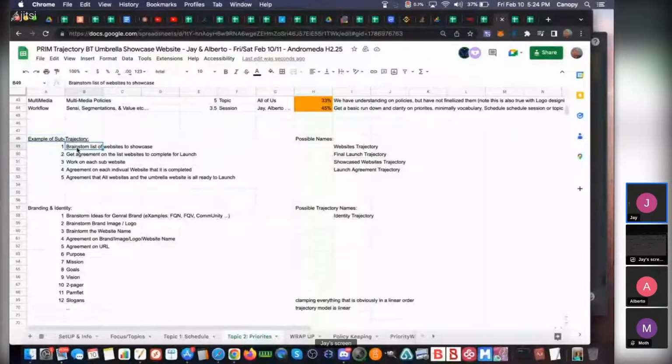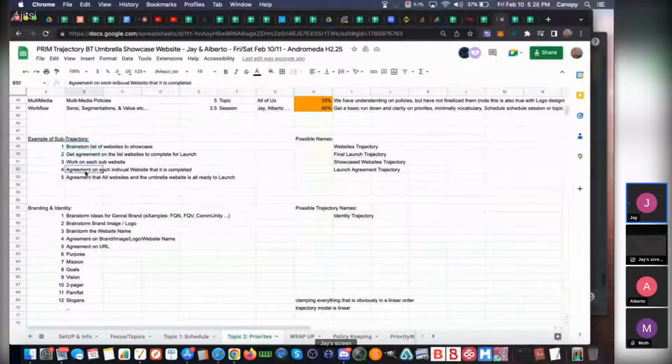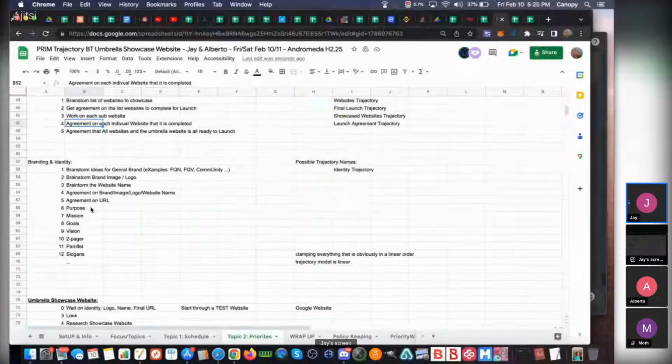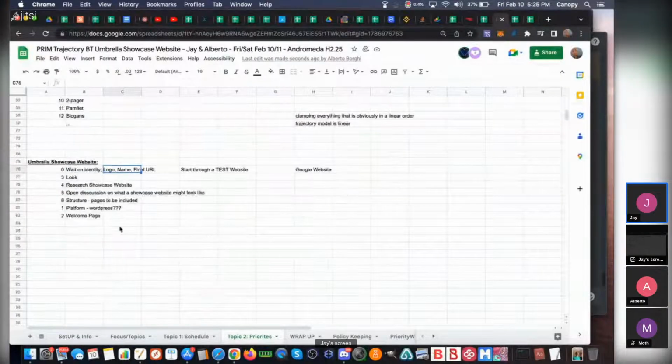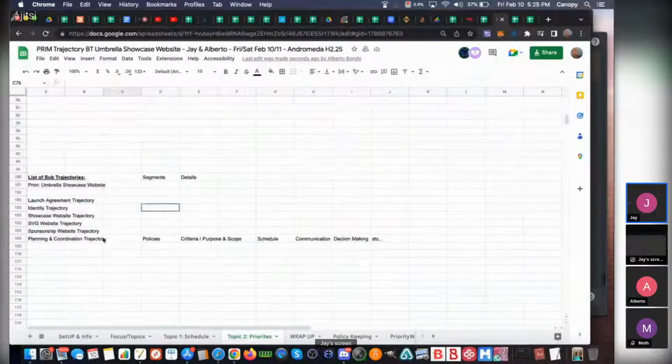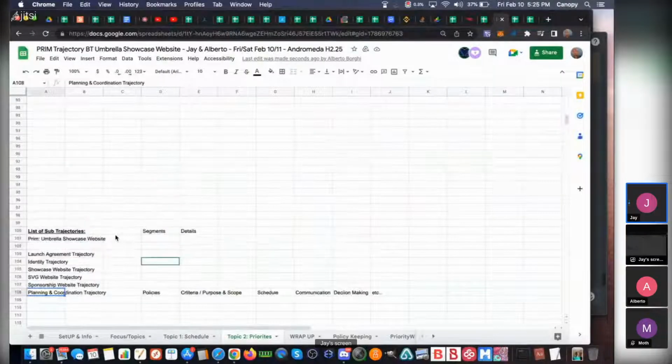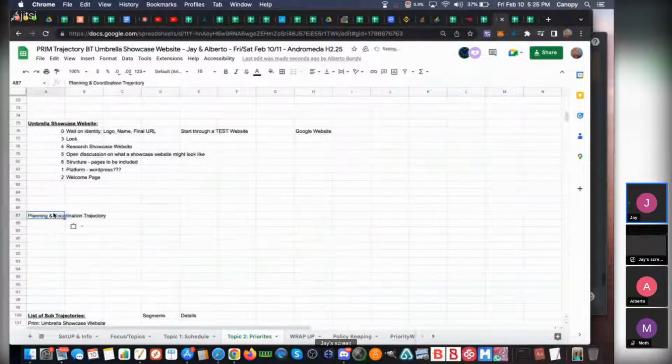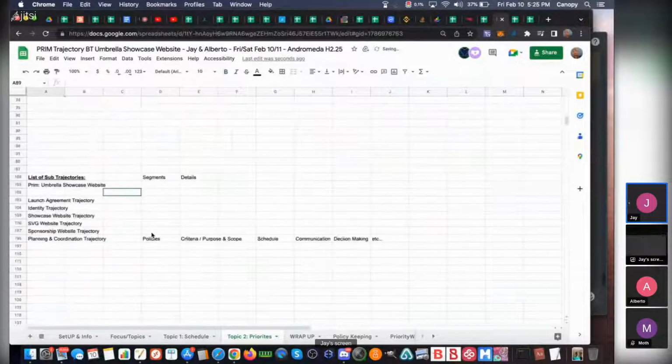Brainstorm list of websites. You're brainstorming. Brand identity is like a logo, name, brand, image, purpose, mission, vision, goals. All that stuff is the segments. We already covered that. We just didn't cover planning and coordination yet, so we can add the planning and coordination sub-trajectory here, which will include all of this.